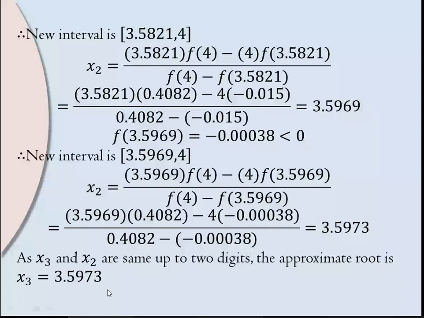In the bisection method, every time we get a new interval by halving the interval. And here we are fixing one point. We are using that formula in which we do the cross multiplication, and we are varying 1 point. Which point are we fixing? The point at which the value of the function is positive. That point we are fixing, and we are varying the other point, and continuing until 2 values become the same.